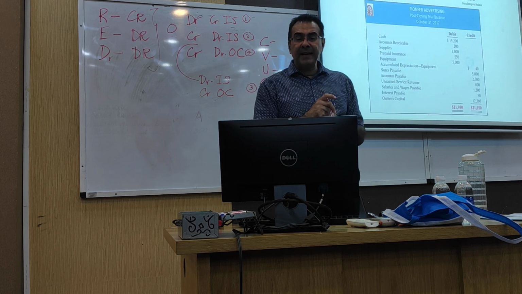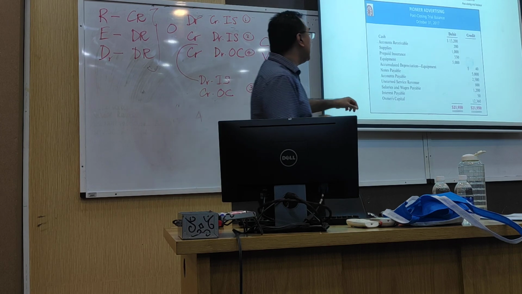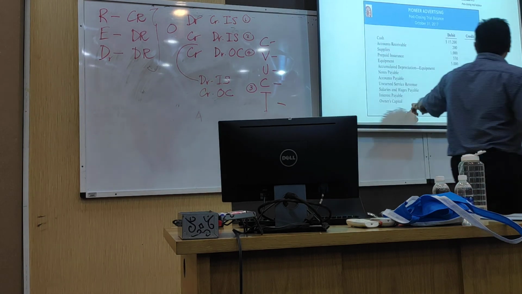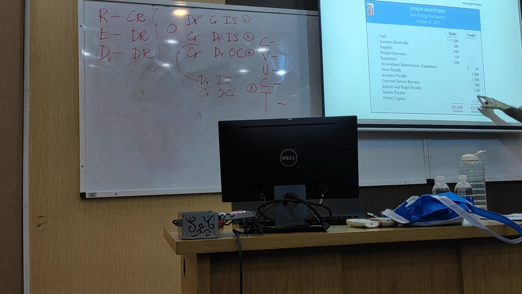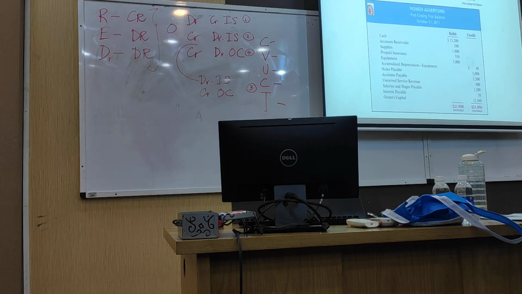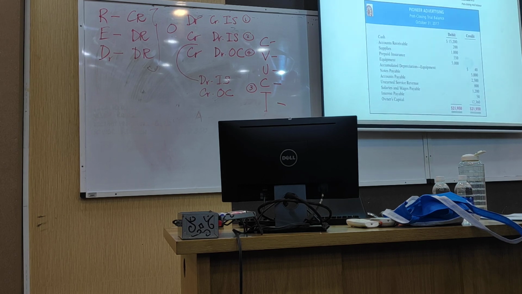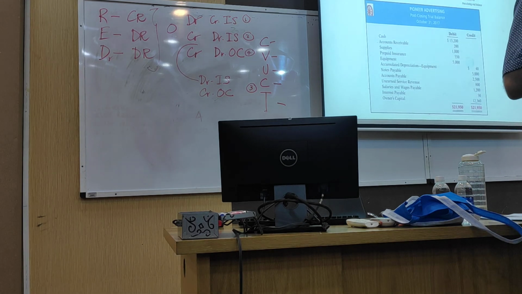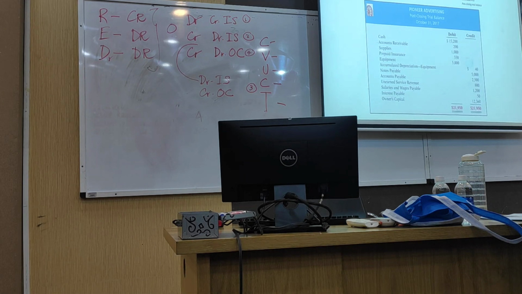So if I did my closing entries correctly, at the end of the day, all my temporary accounts will already be transferred to my owner's capital. So I won't have revenue account, I won't have expense account, and I will not have drawing account anymore in my trial balance, because they've all been transferred to owner's capital. You understand what I mean? It doesn't mean the balances are thrown away. It simply means all those balances have now been transferred to